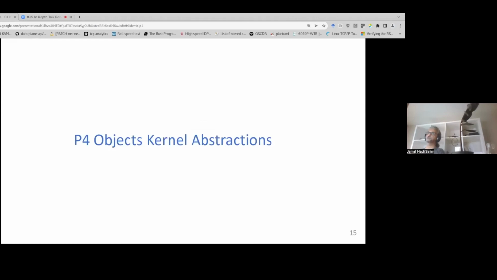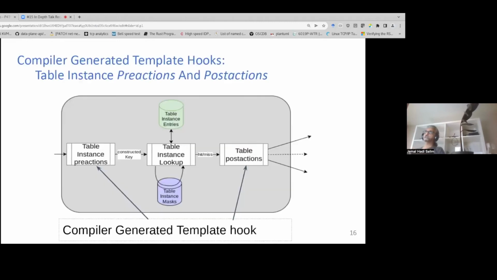I'm going to jump quickly to a bunch of objects that we introduced into the kernel. There are several objects in this presentation. I'll discuss a couple of them. One is how a table will look in the kernel, and the other one is how a pipeline will look and how templates play a role in all this. So if we look at